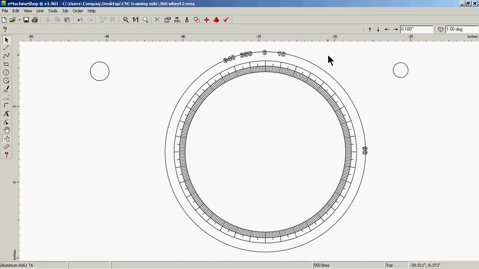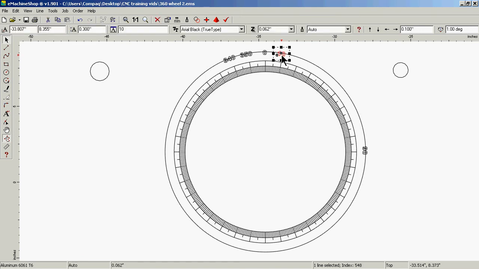I would probably want to nudge these over just a little bit. It doesn't quite look right, but text is kind of funny. You've got to play with it to get it to work right, because it's not, I guess, true lines in the sense that the normal drawing would be. Now, what's funny is 90 almost looks right, but 0 and 10 look off. So if I was to pick this,